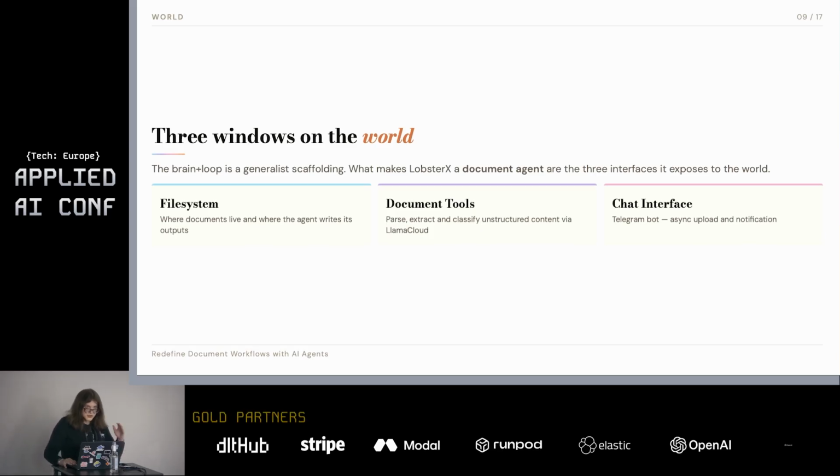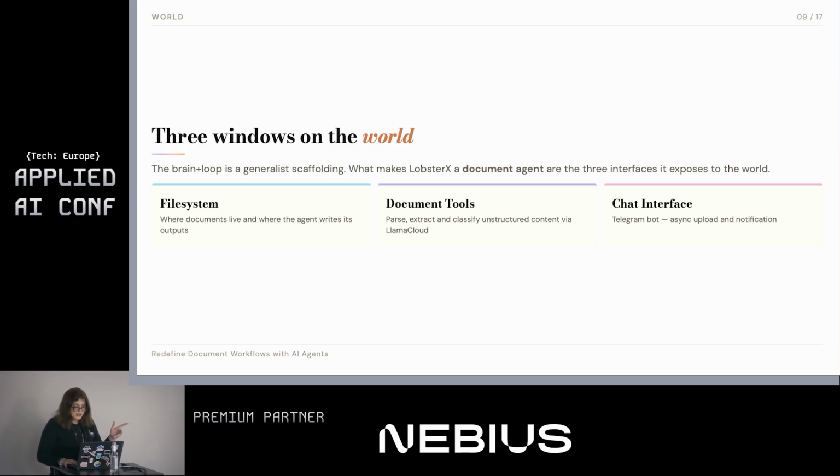Of course, the internal system of the body doesn't work on itself if it doesn't have windows on the outside, windows on the world, if it doesn't have a way to interact with the environment. And there are 3 windows on the world, as I was saying: file system, document tools, and chat interface, which is what makes this agent specifically a document agent. So